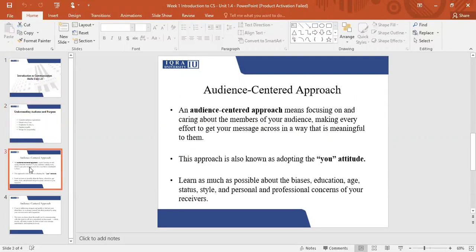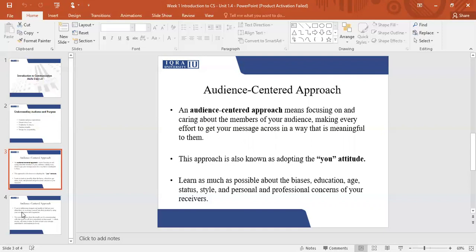For this, you always need to have an audience centered approach. You need to focus on what your members want. You need to make sure that whatever message you are sending to them is meaningful for them. It is helpful for them. So you need to have a you attitude. You need to make sure that you understand what their education is, what their age is, what their status and style is. Because if you tell them something which they are not familiar with,